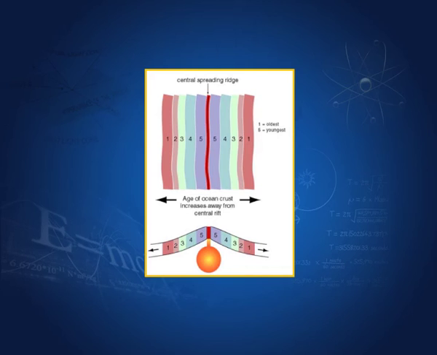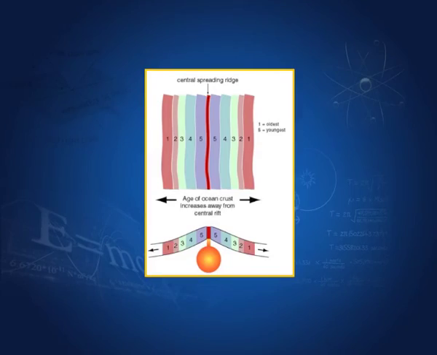This is the ridge, on this side and on this side. This is the present moment, and you can see these stripes. These stripes are the so-called normal polarity, and the light blue ones show the reverse polarity. So, you can see it has reversed from normal to reverse, normal to reverse, and so on. In the past there have been several such reversals of the earth's magnetic field. Here the magma is coming up, and when it cools, it solidifies the magnetic field at that time.